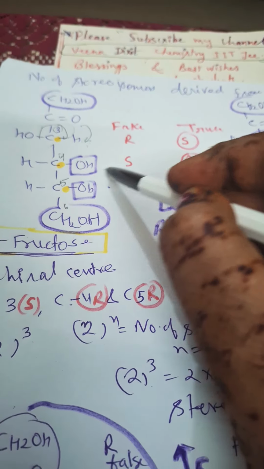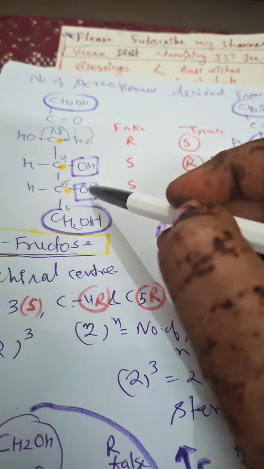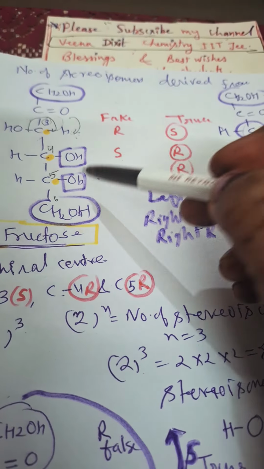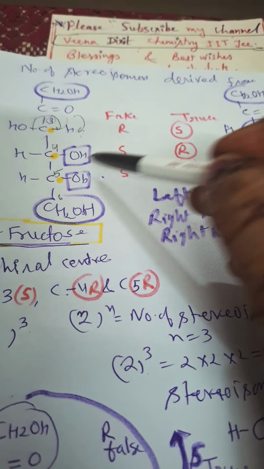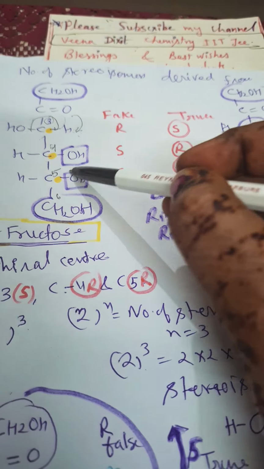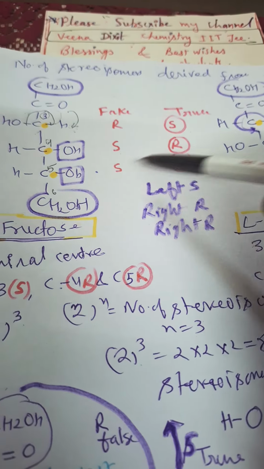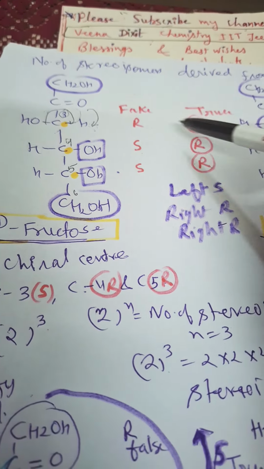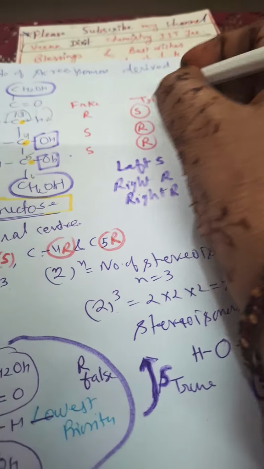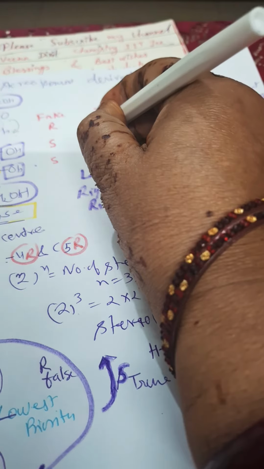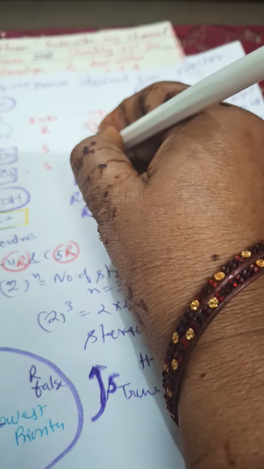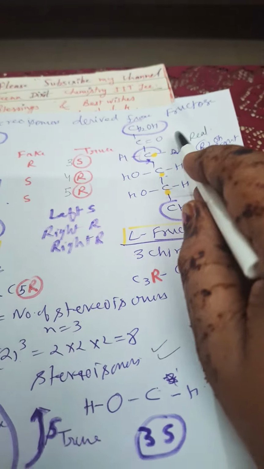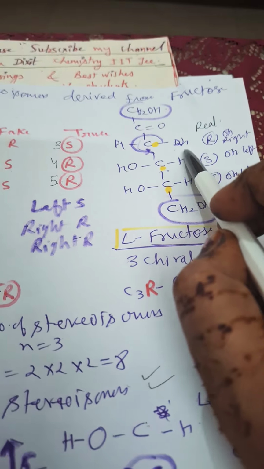Similarly, an OH that looks like S configuration is actually R. Right side R, right side R. I always say that for pentose sugars and keto sugars, in general the lower carbons 4 and 5 have RR configuration, and C6 is not a chiral carbon. Clear to you? So here there are 3 chiral centers, numbered 3S, 4R, and 5R. Clear? And now the L configuration, these are mirror images of each other. Now here the OH is on this right side,